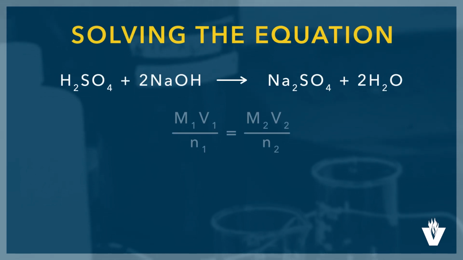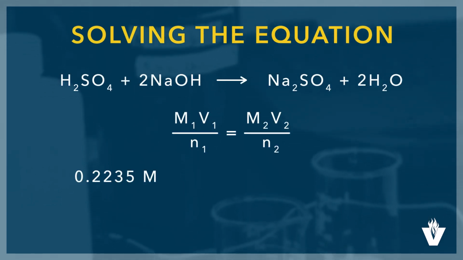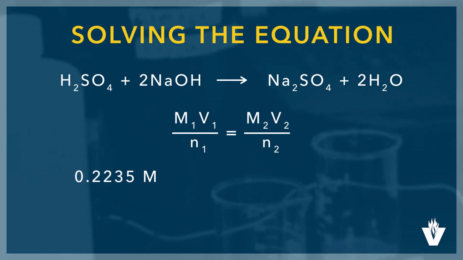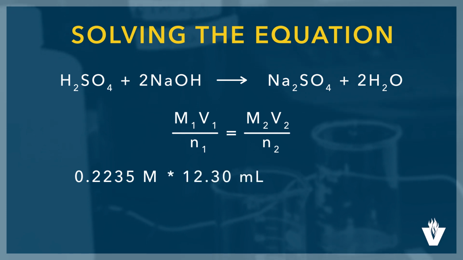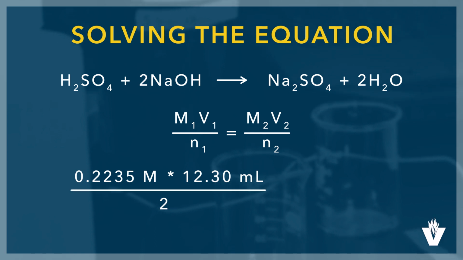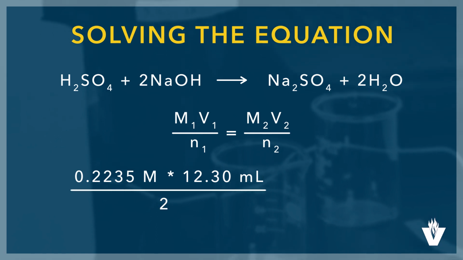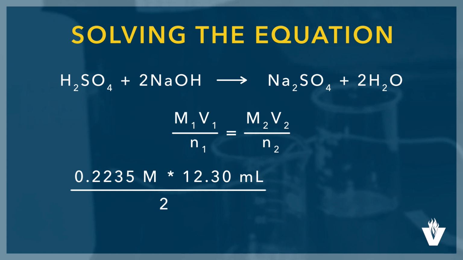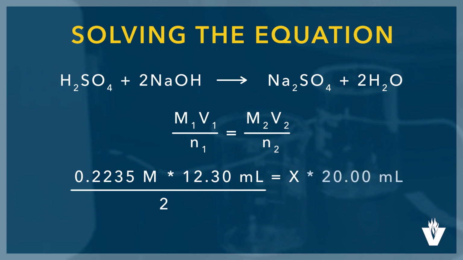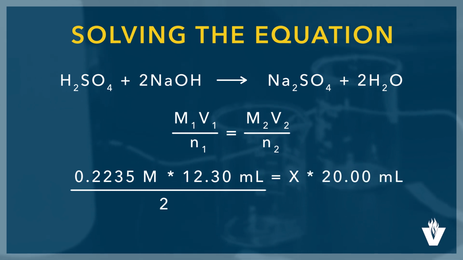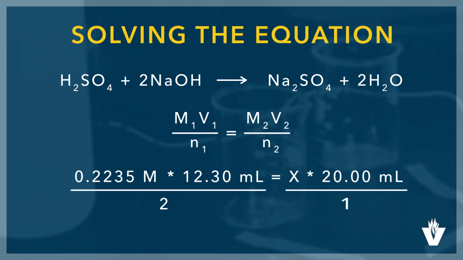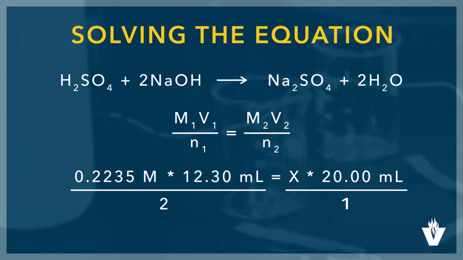We have the concentration of the strong base, 0.2235 molar sodium hydroxide. We know its average delivery volume, 12.30 milliliters. And we use the 2 from the reaction coefficients, 2 sodium hydroxide. The unknown concentration of sulfuric acid, we place an X in the equation. We know we pipetted 20.00 milliliters of that strong acid. The 1 comes from the reaction equation, as is the stoichiometric coefficient. Solving for X, we obtain